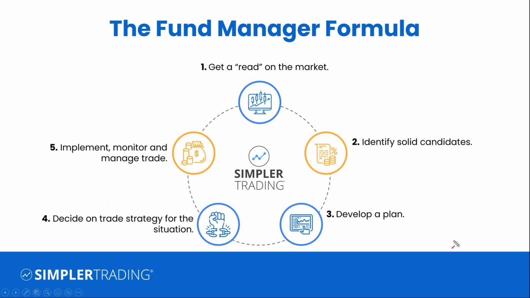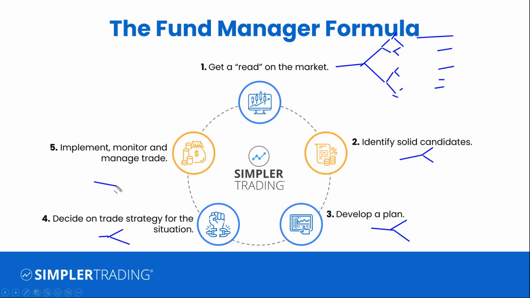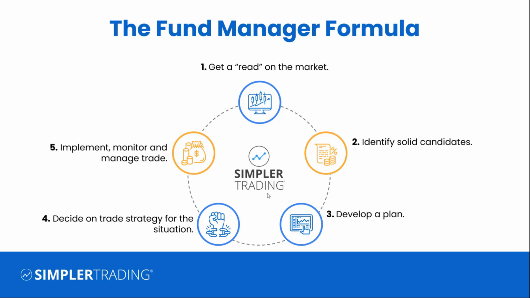We get a read on the market. We've got 5 steps. Each one of these is a decision tree into making other assumptions, doing a little detective work on the market, making decisions to ultimately get us where we need to be. Each one is going to have decision tree after decision tree to ultimately give us a very workable plan so that we can be consistent. That's the whole name of the game.